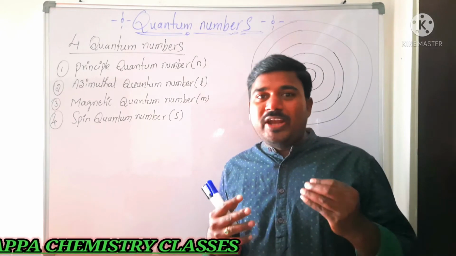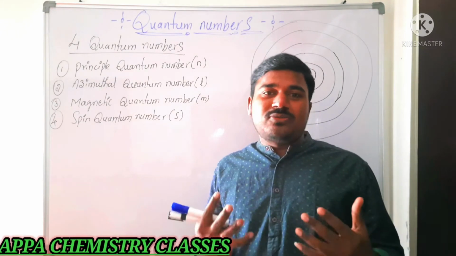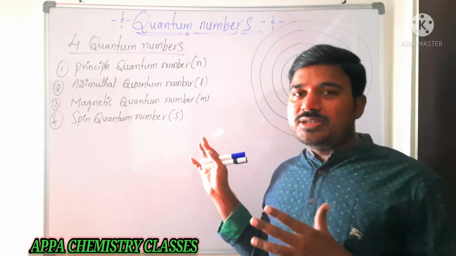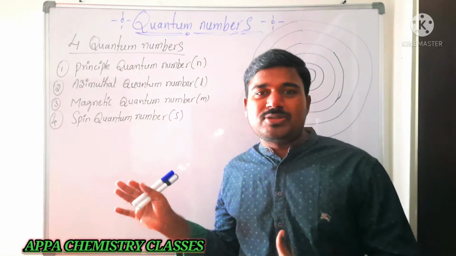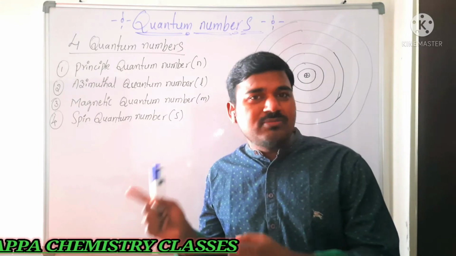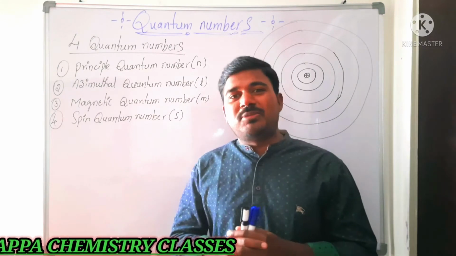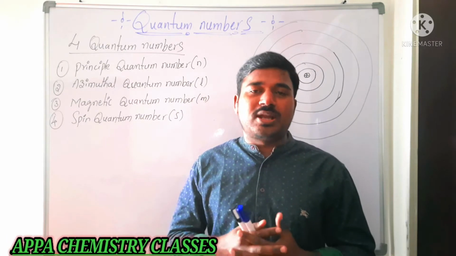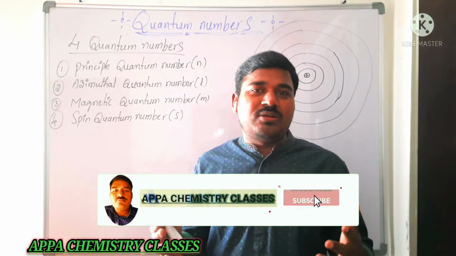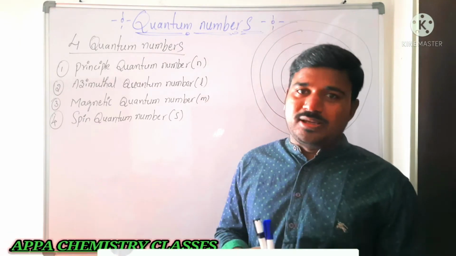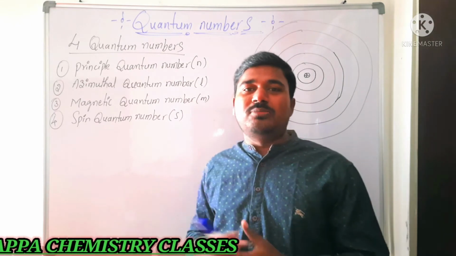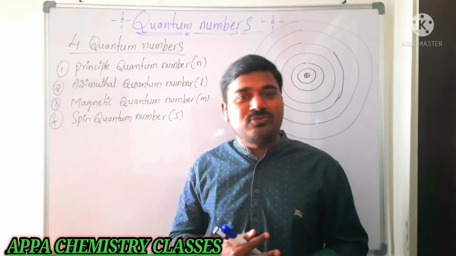So to find that electron, what are the major quantum numbers we need? Those all we are going to see here. If you are perfect with these concepts, definitely you are going to get one question in the NEET exam as well as in the mains exam. In JEE Mains also they are asking questions based on quantum numbers, like which of the following sets of quantum numbers are incorrect. If you have a complete detailed idea about the 4 quantum numbers, then only you can answer such types of questions.